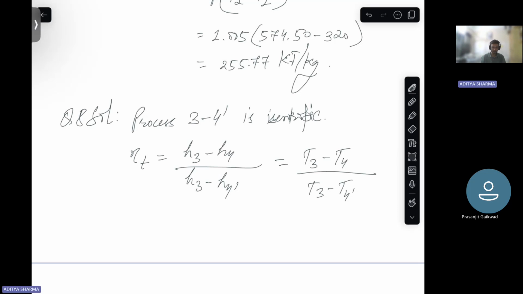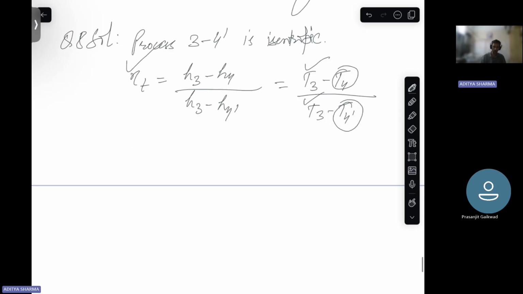Here T3 is known to us, that is exit of combustion chamber. T4 is unknown. The turbine efficiency is also known, 87% I believe, yes. And then T4 and T4 dash we don't have. Right, so if we can find out T4 dash, we can get the exit temperature at turbine. So how do we do that? We will use isentropic relation, that is